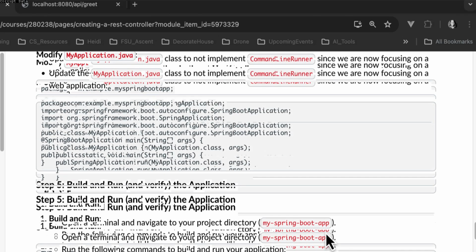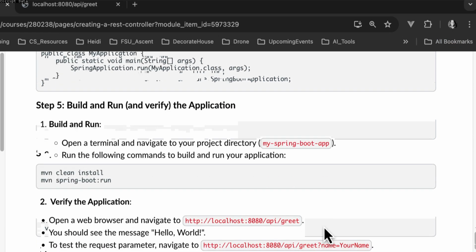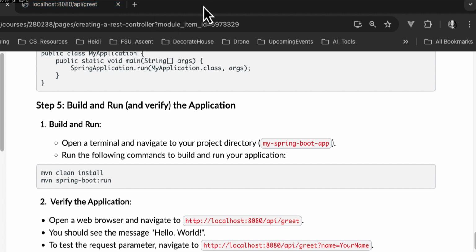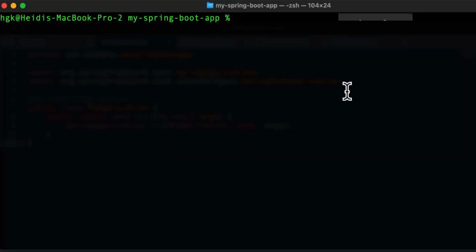Once everything checks out and you've made your modifications, we are ready to build and run that application. So we're going to pop over here and we'll walk through it real quick. Make sure to do a clean install for your application.